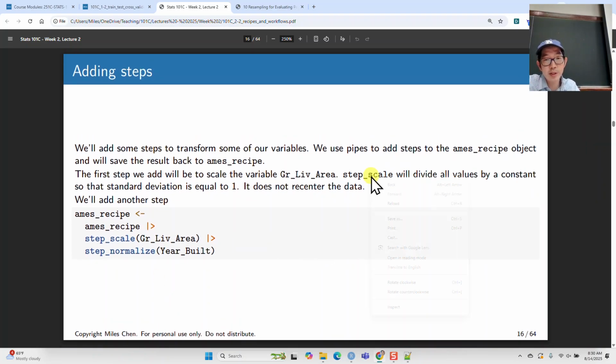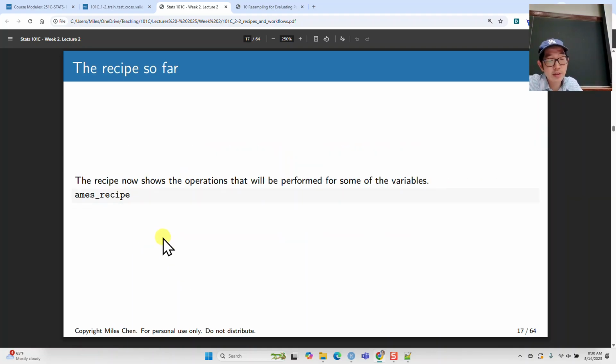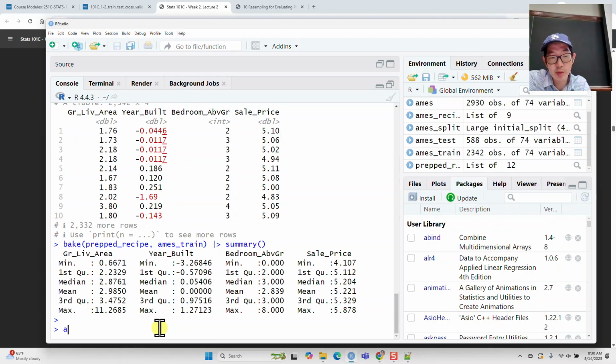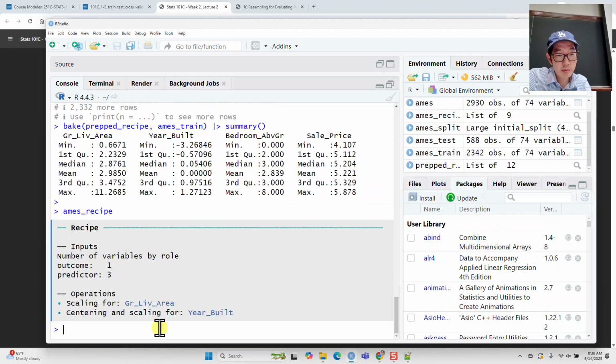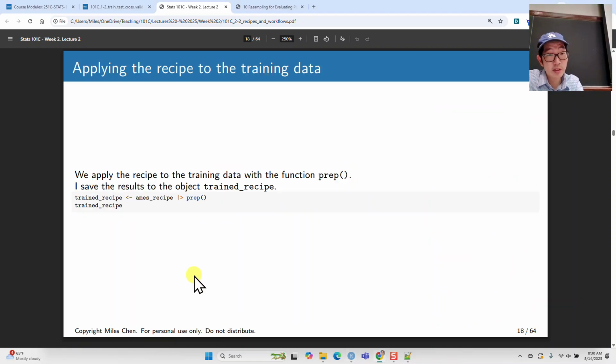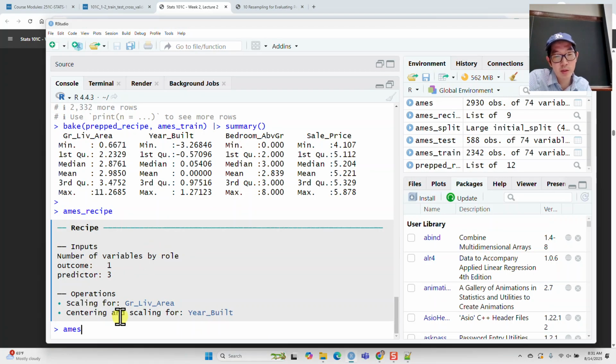So step scale will divide all of the constants so that the standard deviation is 1, and it's not going to recenter the data. Okay, and we'll add another step for normalize. And so this is our recipe again, our Ames recipe. Scaling operations for that, centering and scaling for that. Okay, and then yeah, we can take our data and call prep, and that's going to be our prepped or trained recipe. So I can take my Ames recipe and call